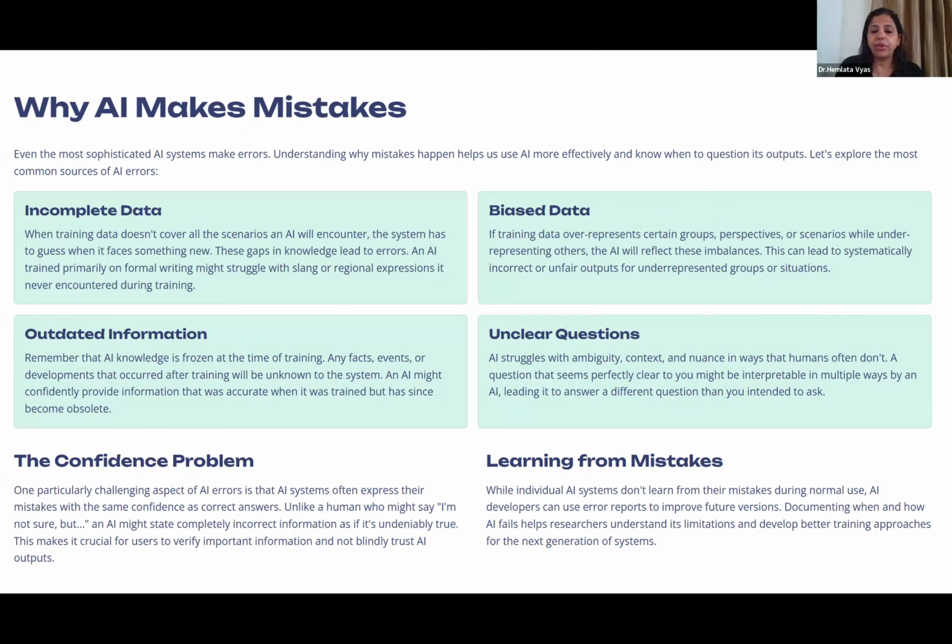Then outdated information, very important. If the information is old and not relevant to the time, in our generation things have moved a lot, so it is very important that the relevant information is there. And the main important thing is, when we are talking to the model, we ask clear-cut questions. If we ask vague questions, it will produce vague results.